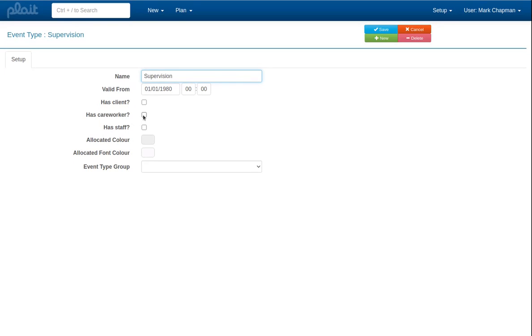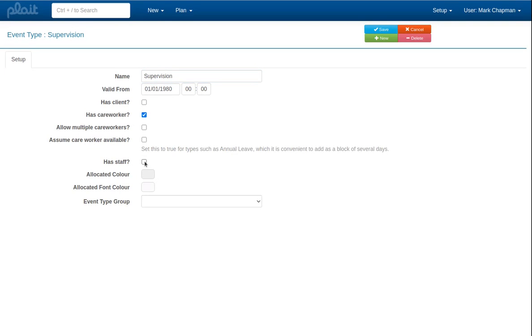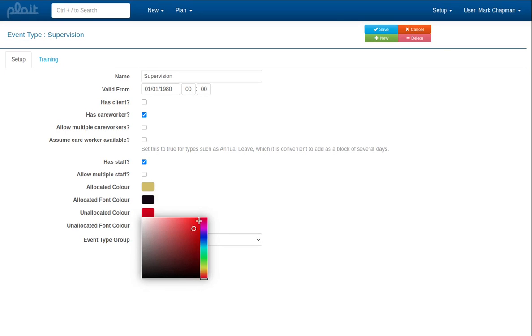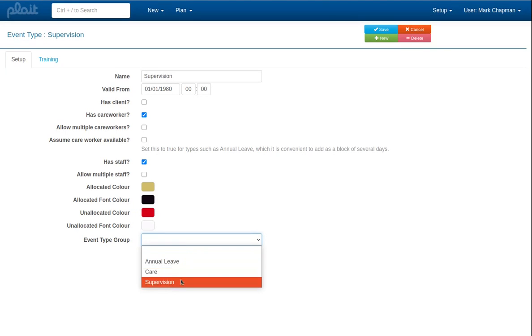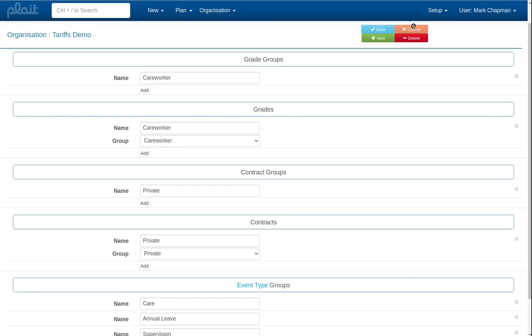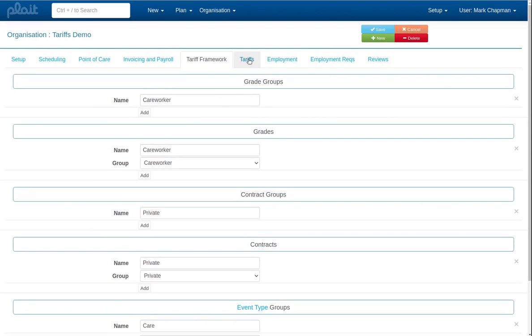So supervision is where a member of staff has a meeting with a care worker, and let's say that there's no multiples involved, and we'll choose some random colour, and let's have a dark on there to make that work properly, and we'll use something red again for unallocated, and that's supervision, and hopefully that's all going to be legible. Okay, so that's everything that we wanted to do on event types, and let's now go on to our